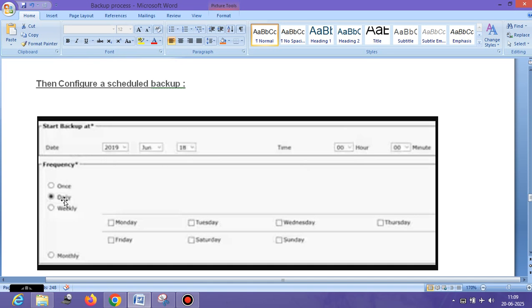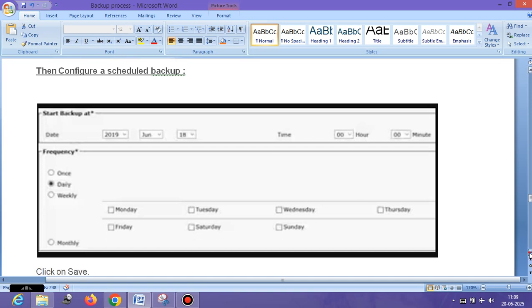And whether you want daily or weekly or once. So I would suggest in most of the organizations, the backup starts every weekend, I can say on a weekly basis. So mainly on Saturday night or Sunday night, late night, right? So that it should not impact any of your production traffic in your network,